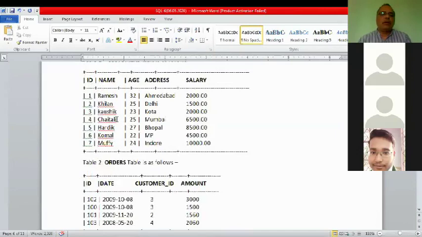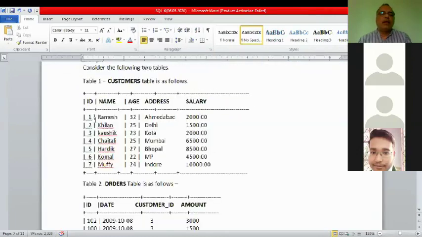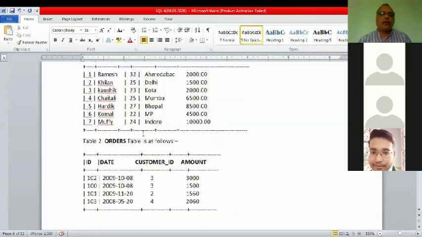So the number of records in the output is the product of the number of records of the first table and the number of records of the second table.